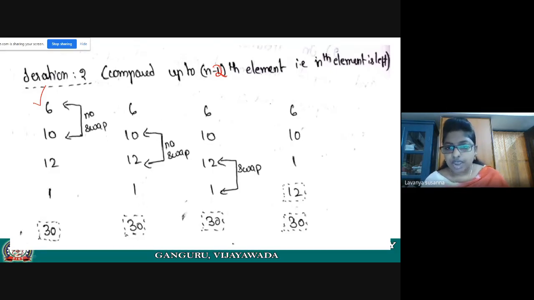So after this is the resultant array. Now, when you are doing the third iteration, don't consider 12. Don't consider the n minus 2 element in the third iteration. In every iteration, remember that the largest element will come down. In the second iteration, the second largest element is 12. It came to its position. So in the next iteration, the third iteration, don't consider 12 and 30.